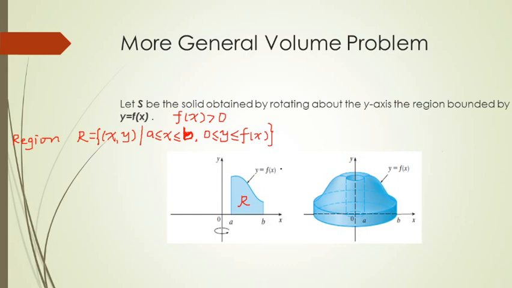Because there is some empty part between 0 and A, if you rotate this piece of region, the inside cylinder is empty. So that is how the solid looks like. Try to imagine this solid in 3 dimensions. So here gives the empty